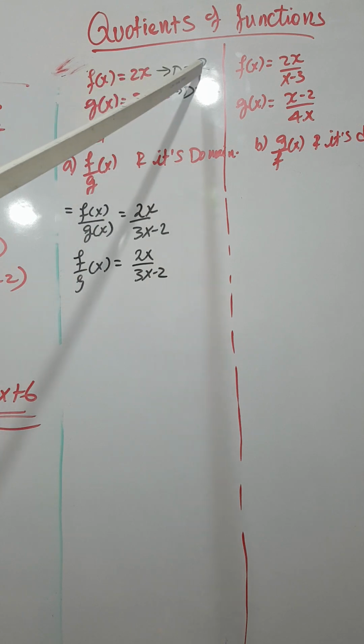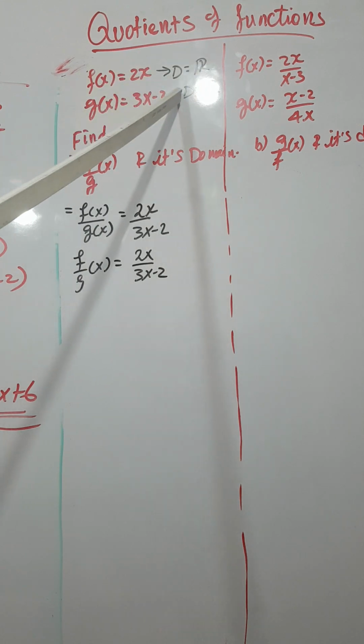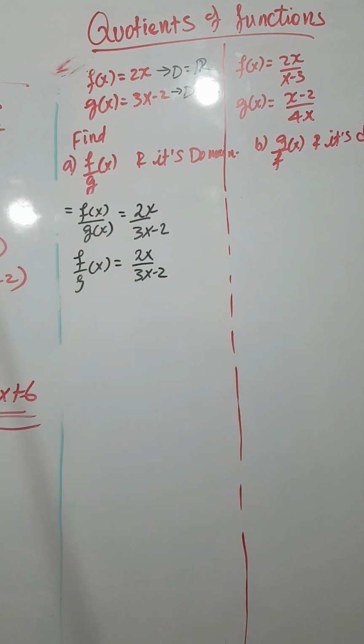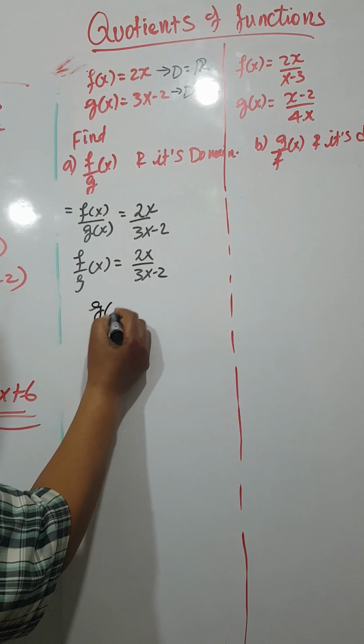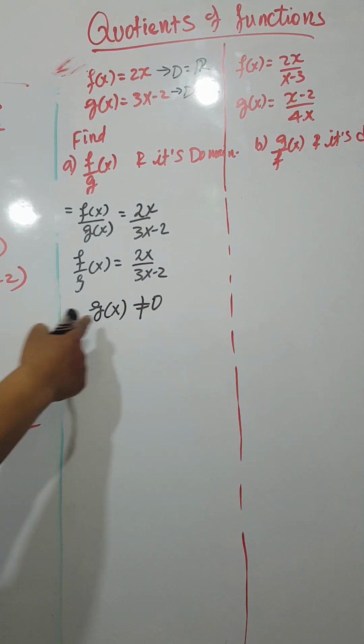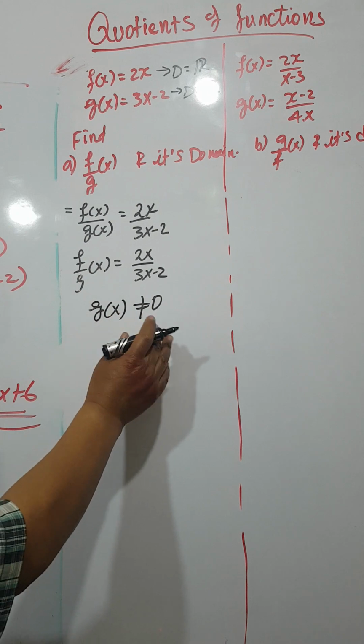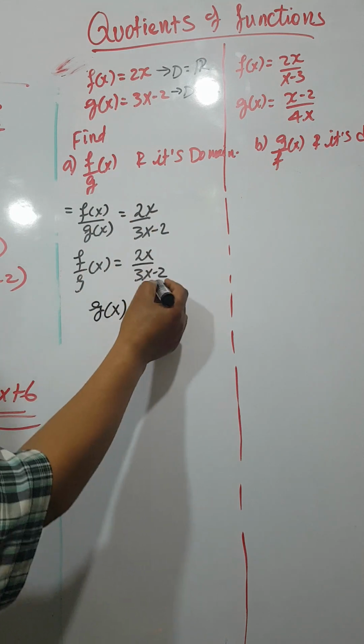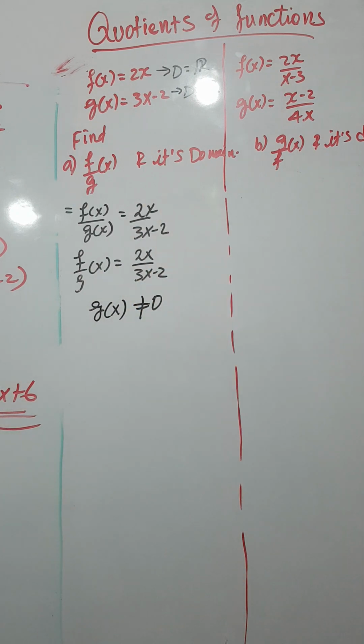የዚህ domain we said that this is a set of real numbers. የዚህ ዶሜን ምንድን ነው? ኦኬ whenever ይሄን quotient ስንሰራ ሁልጊዜ g of x has to be different from 0. g of x የስረኛው አካፋዩ ዲኖሚኔተሩ has to be different from 0. ያ ማለት ሁሌ ዲቪዥን ስንሰራ ከስር ያለው has to be different from 0። ይሄን 0 የሚያደርግ ቁጥር እዚህ ውስጥ ከገባ ከስር ያለው ፈንክሽን 0 ይሆናል፣ so that undefined ይሆናል።